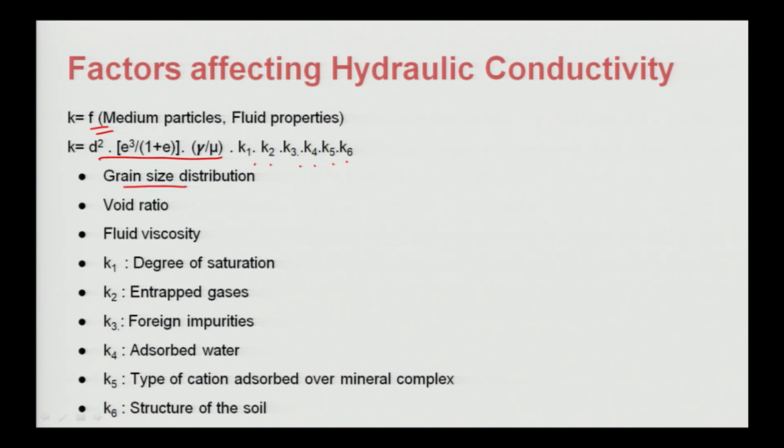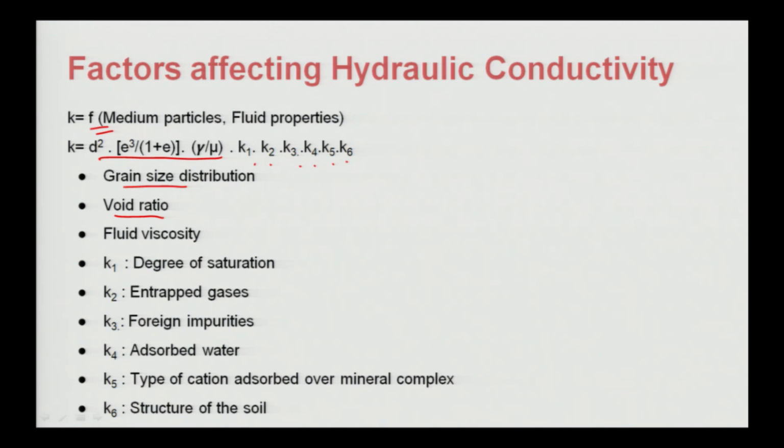So, you will be seeing that. The very first thing is grain size distribution. If it is clay, or cohesive soil, what happens? The water will be passing with a very low speed, or the permeability will be low. But in case of sand, or let us say even fine sand, that will have a higher value of permeability. So, that thing affects the permeability in the very first case. Void ratio: if it is more, then there are more voids, that is the volume of voids will be more in comparison to the volume of solids. If the volume of voids is more, then